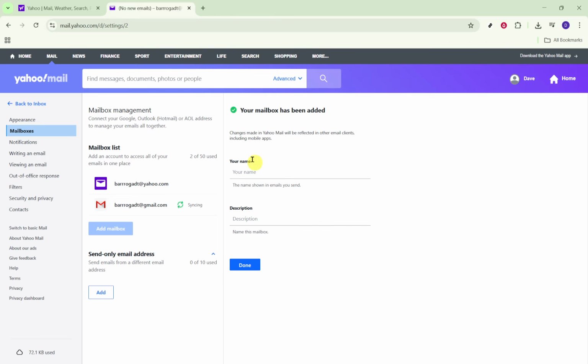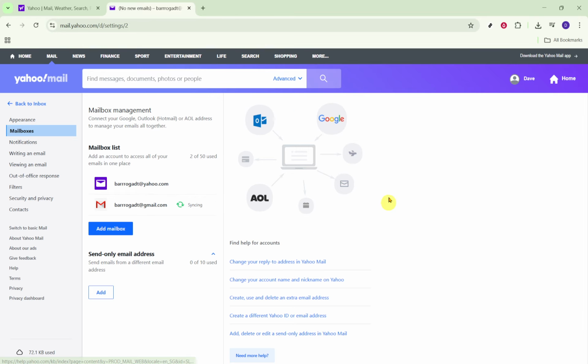Click Done to finish. Your Gmail account will now appear under Mailboxes and Settings, and you should see its folders and messages begin to populate in your Yahoo Mail interface. The first sync can take a few minutes depending on how much mail you have, so don't worry if everything doesn't show up instantly. From here, you can repeat the add mailbox process to connect additional accounts and manage them